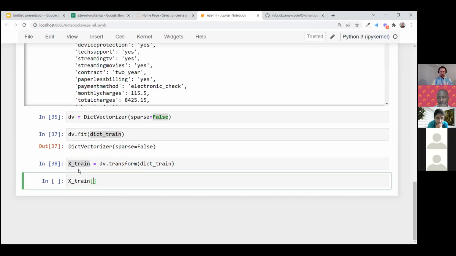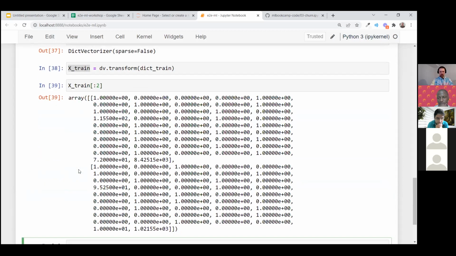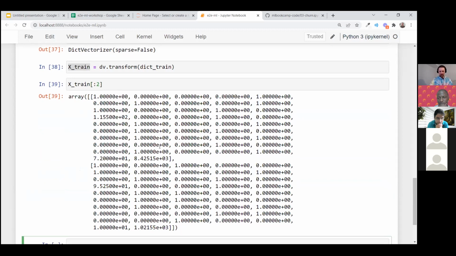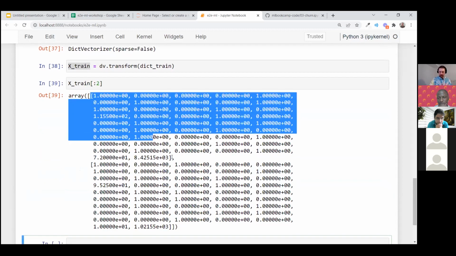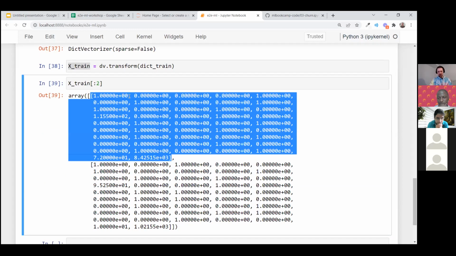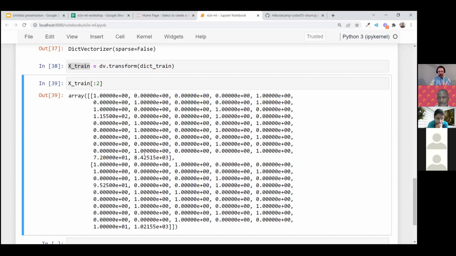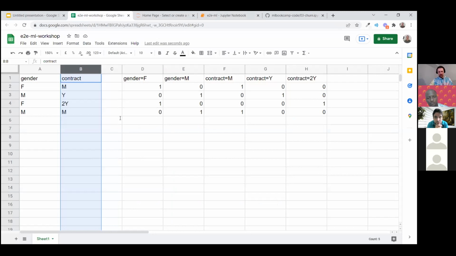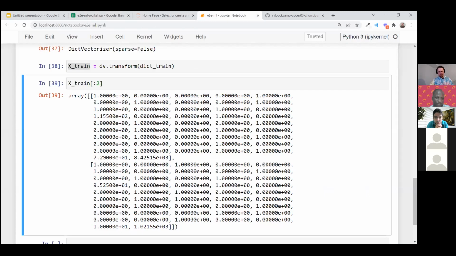I will take a look at the first two rows. So this is the first row, and we have a bunch of numbers. Here we have a bunch of ones and zeros. This is exactly the one-hot encoding scheme. And then for numbers, I think we have somewhere tenure, total charges, monthly charges. So for these variables we have numbers.